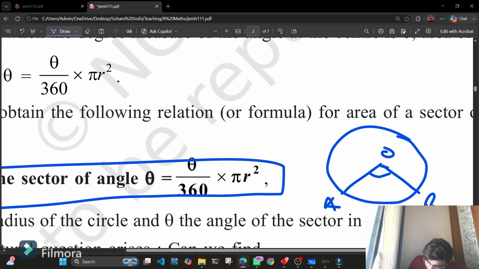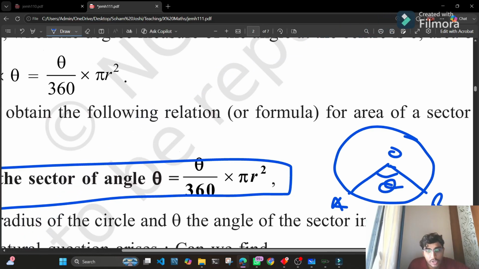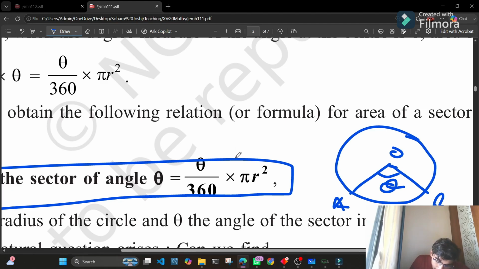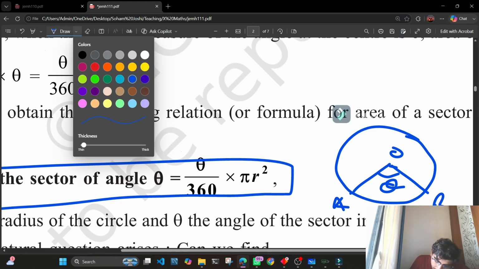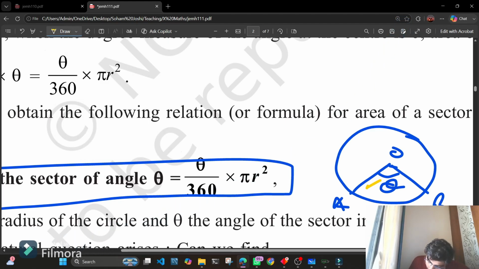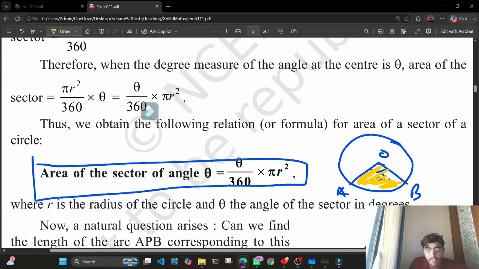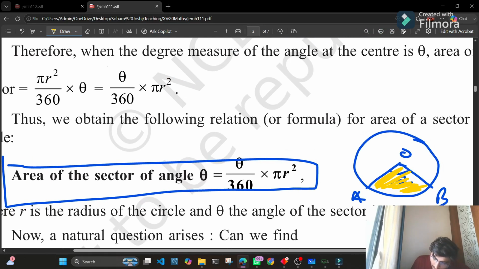There would be some angle formed between the two radii. Let us denote it by theta. So the area of this part, I'll change the color, the area enclosed by the yellow part can be found out by the formula,